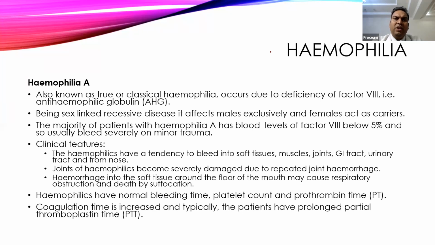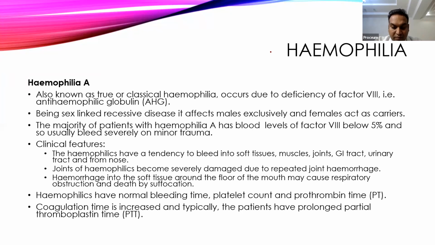So what are the clinical features? It is not like bleeding happens only when I get a cut. Injuries can occur in daily life. Injury can occur within the muscles, the muscle gets compressed, and bleeding occurs. So bleeding into soft tissue will form a blood clot, blood will form in the muscle, and there will be bleeding inside the joints. In the GI tract, sometimes there will be vomiting of blood, or there will be black colored stool or red colored stool.